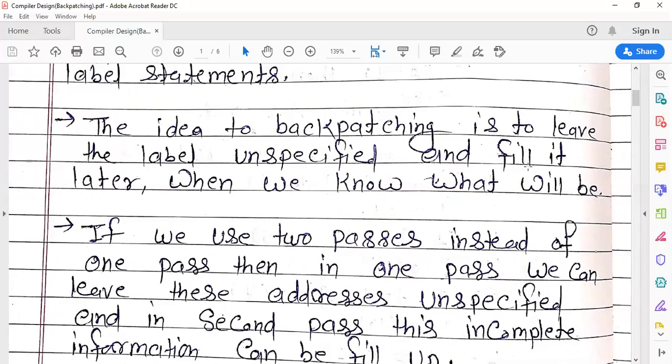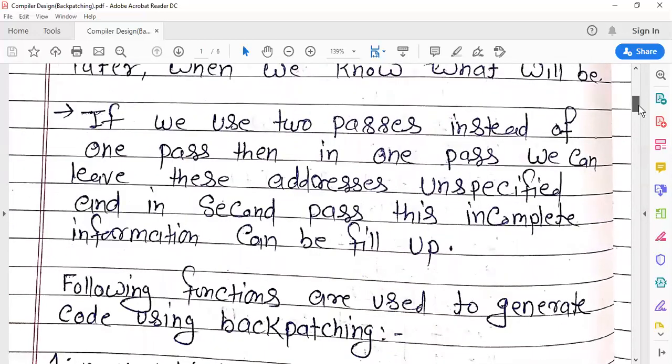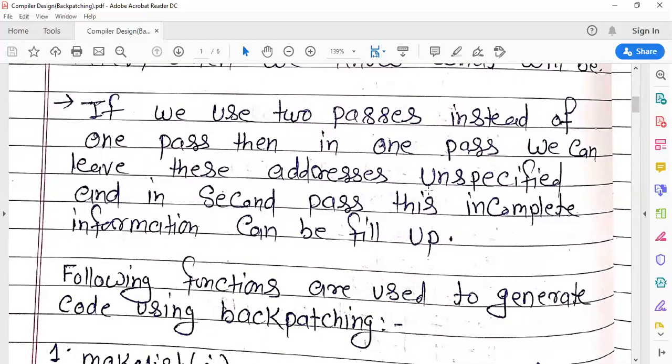In the first pass, we leave the label unspecified, and later in the second pass, when we know what the address will be, we fill it in. If you use two passes instead of one, in one pass we can leave these addresses unspecified, and in the second pass this incomplete information can be filled up.